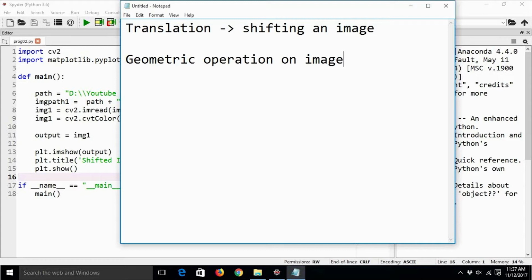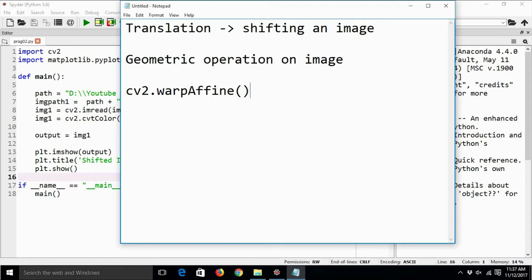We can perform this sort of operations, geometric transformation or geometric operations on image, using cv2.warpAffine. It is also known as affine transformations or geometric transformations. So let's use cv2.warpAffine function in order to perform a transformation.